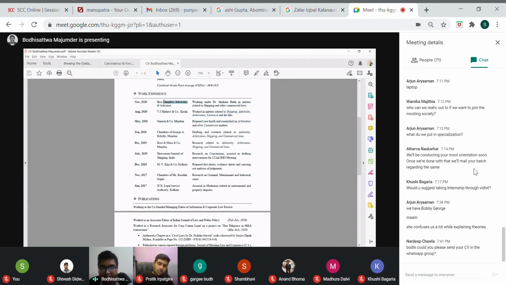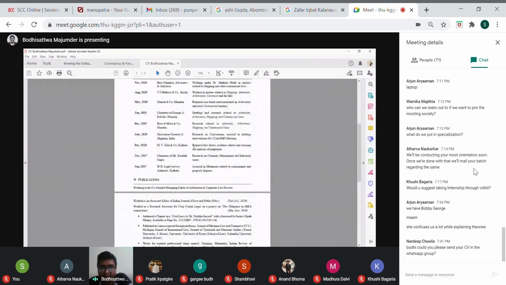So this should be the name of the firm. This should be what you have done. So specify what exactly you have done. Suppose here I have prepared case briefs, and here I have done drafting. So I've mentioned it specifically. And apart from the work done, you also mention what law is covered. So this all will come in place later, but you will draft like this.